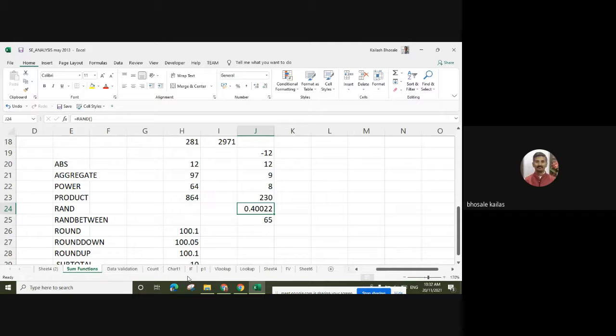As I have told you, to generate random numbers we can use the RAND function. The RAND function is useful when we want to generate a number between 0 and 1. What is the use of this RAND function?